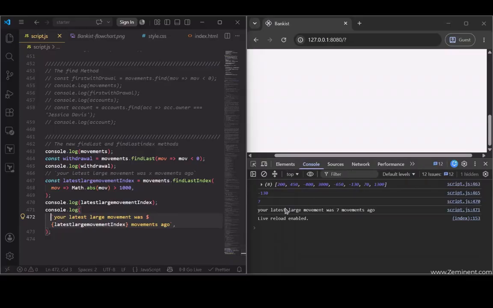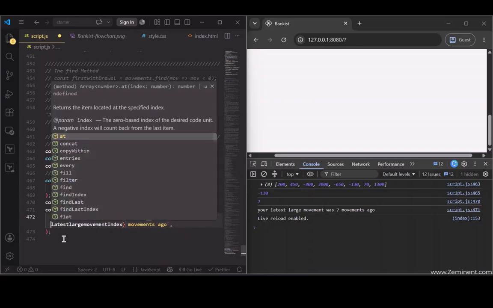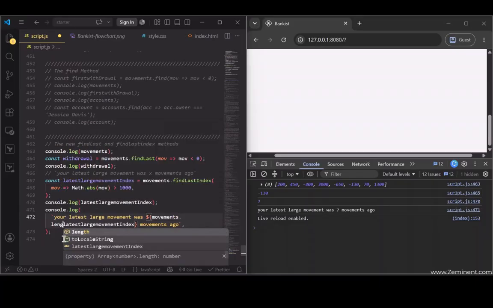When we run this, see, it says your latest large movement was 7 movements ago. Here we can simplify it some more, so we'll just use movements.length